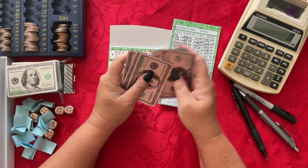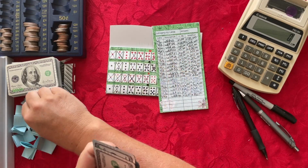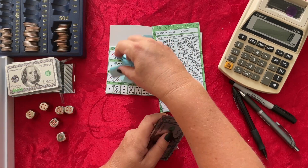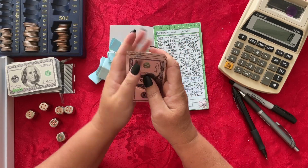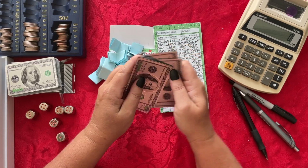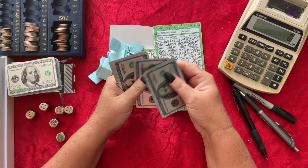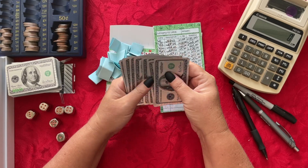And now I'm just going to go ahead and give these a shuffle as I tell you what I am going to do. So I have these pieces of paper right here. These are comments from people in my previous videos who are in the process of helping me with where I should pick from this deck of cards. So we have actually 1, 2, 3, 4, 5, 6, 7, 8, 9, 10, 11, 12 more weeks in the